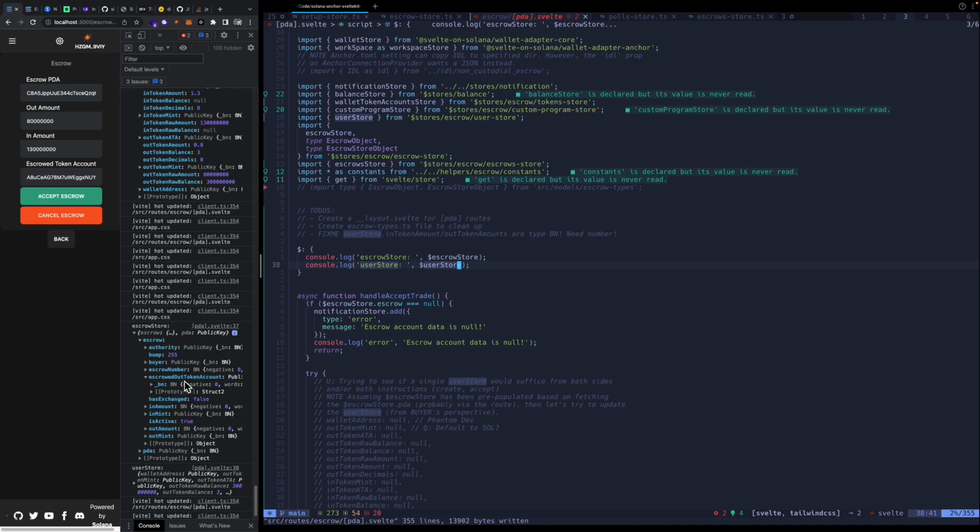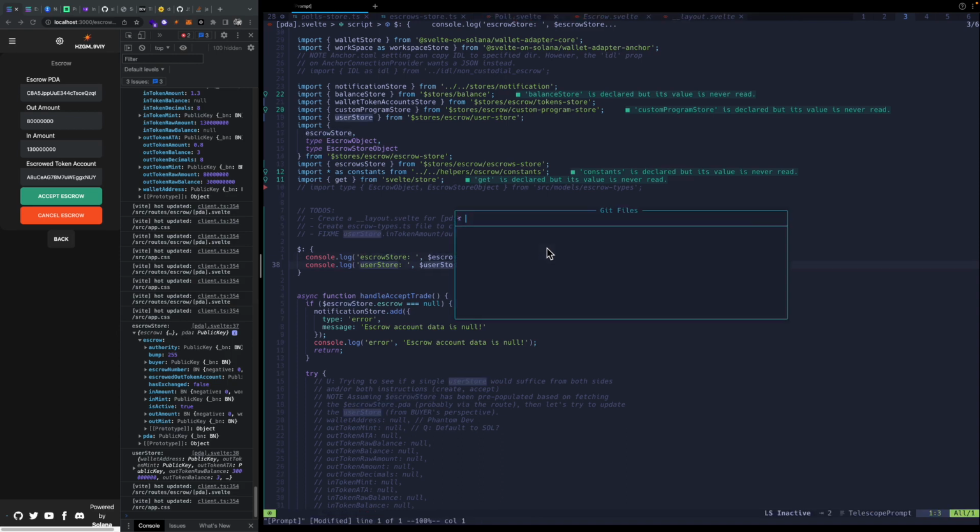It's like I'd have to fetch all that. And I felt like earlier, I think I added this in mint and out mint to make things easier. So I wonder if